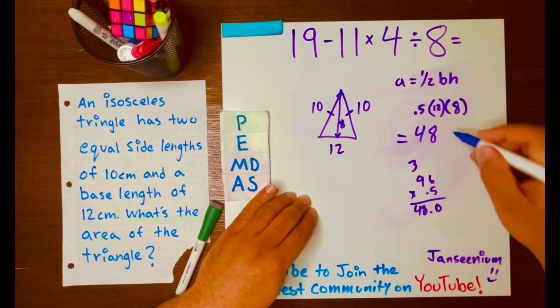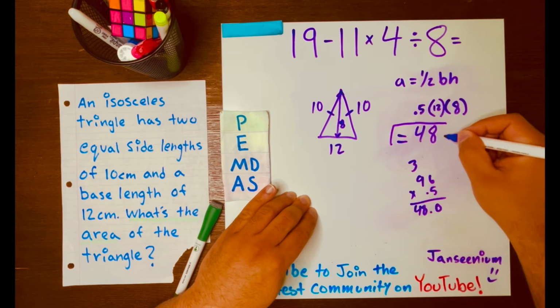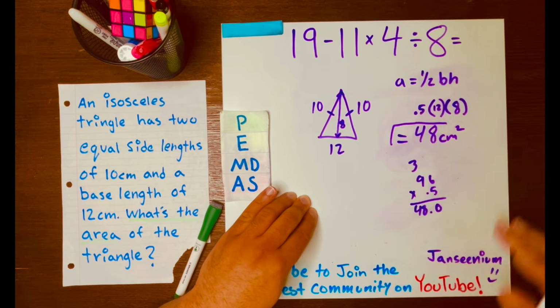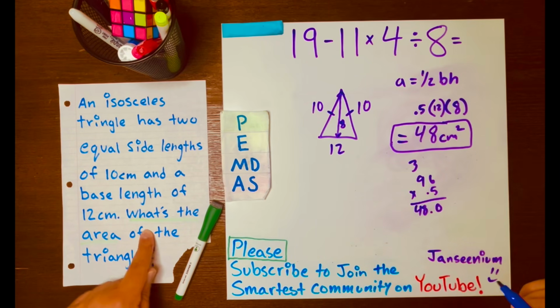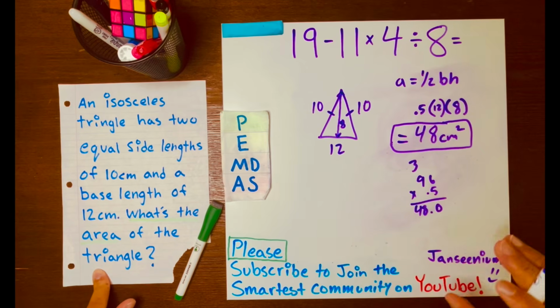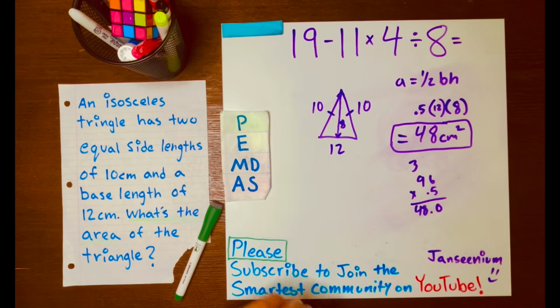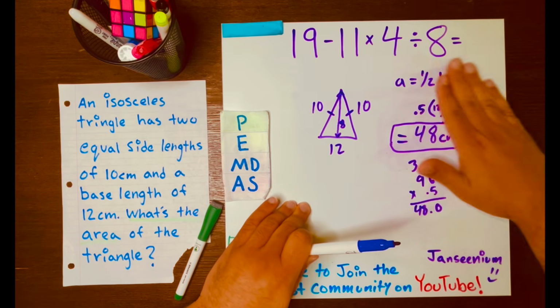And there you go. That's the area, 48 centimeters squared. Don't forget that. So that is your answer to this tricky geometry question. What's the area of the triangle? Not 48 degrees, 48 centimeters squared. And there you go. Now let's go ahead and tackle this